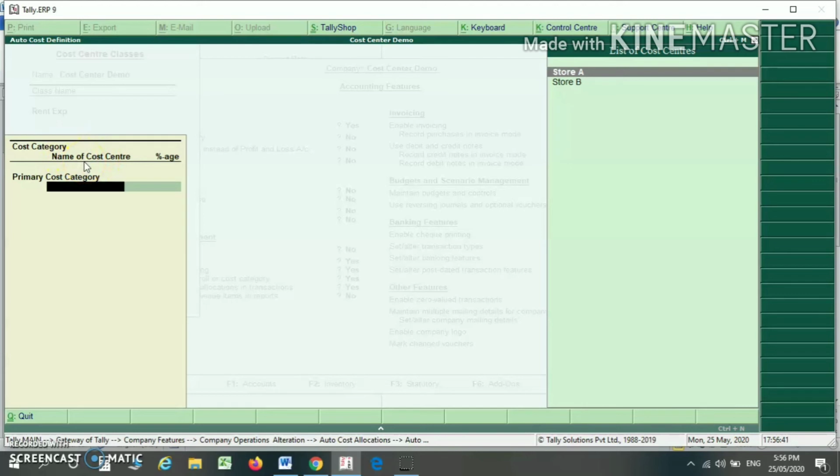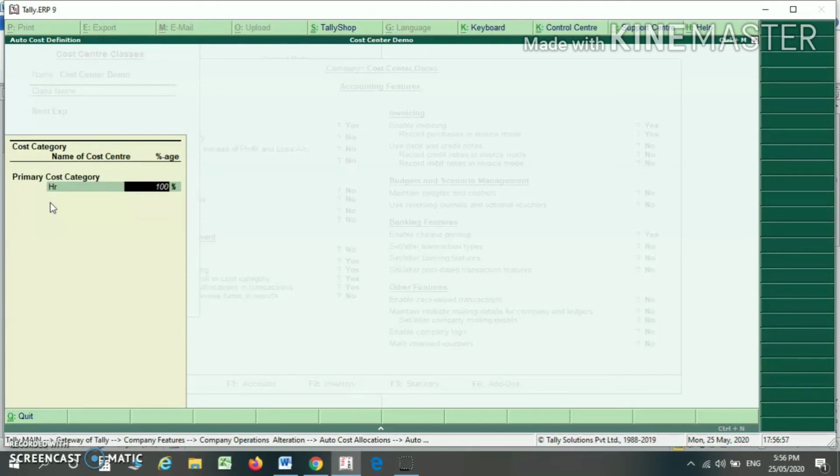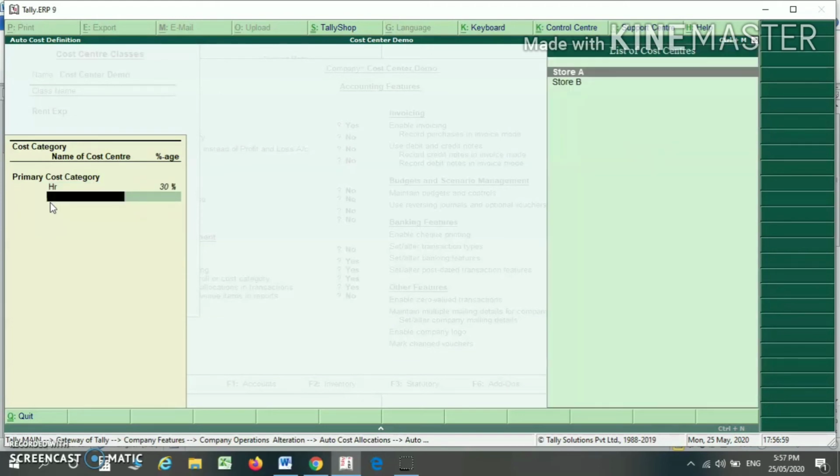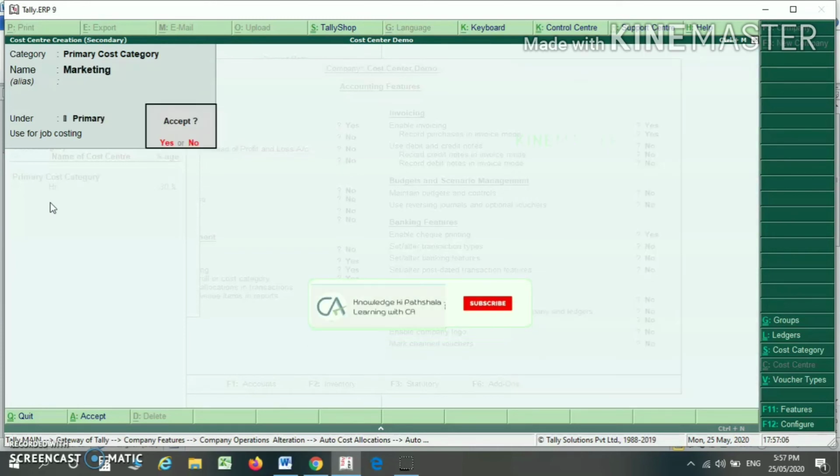Suppose I want to bifurcate my rent expense for my particular premises between different departments, for example HR. So I am creating another cost center HR. Here I am selecting yes. Here I have to select a particular percentage, 30%. Now I am selecting another, for example marketing, yes.